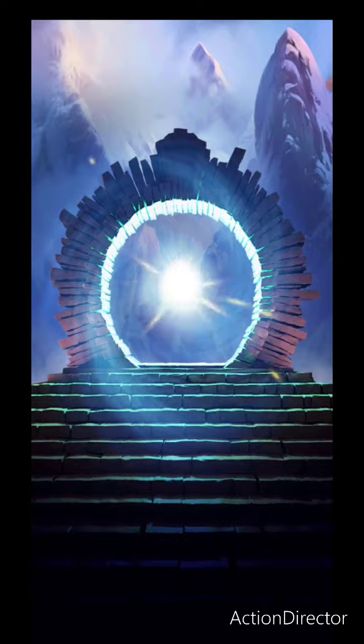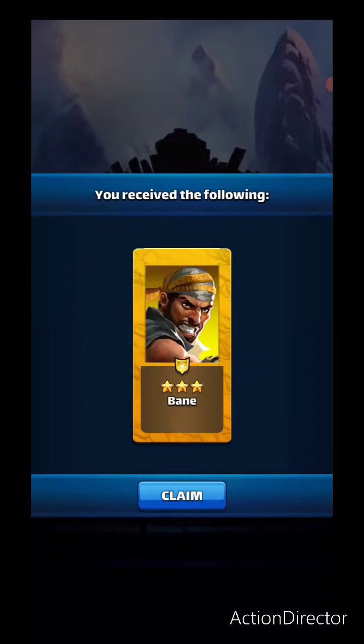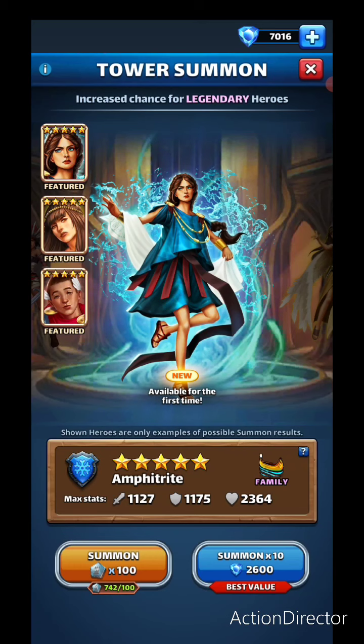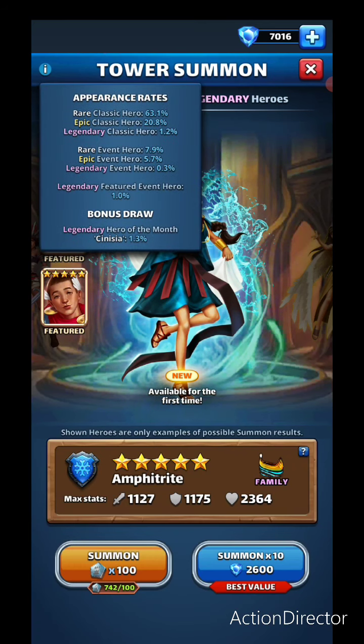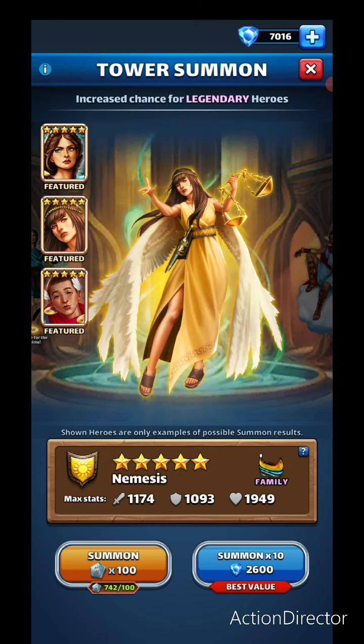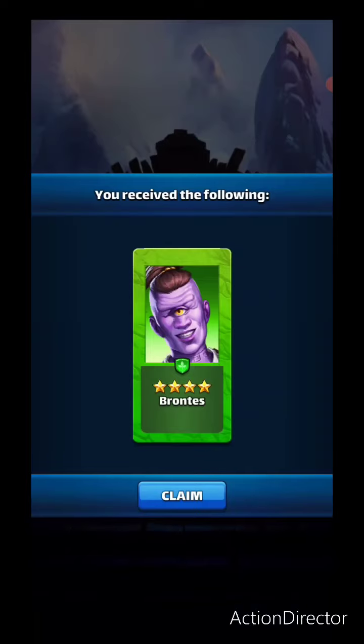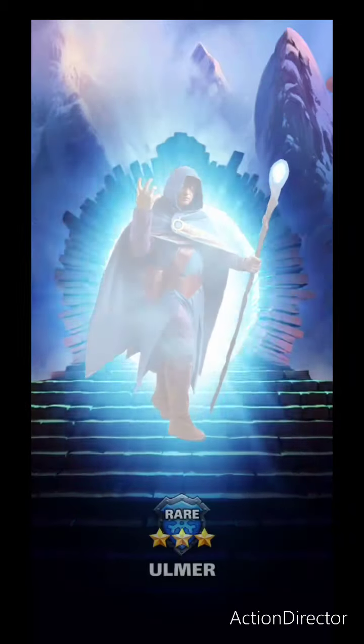These kinds of portals are actually pretty hard to get good stuff from, especially when you look at the odds. I think the odds are actually pretty low, 0.3% to get a legendary featured hero, and only a 1% chance to actually get a featured hero. So we're gonna just do this a little bit quickly. Oh, there's the 4 stars. Still nothing. Well,